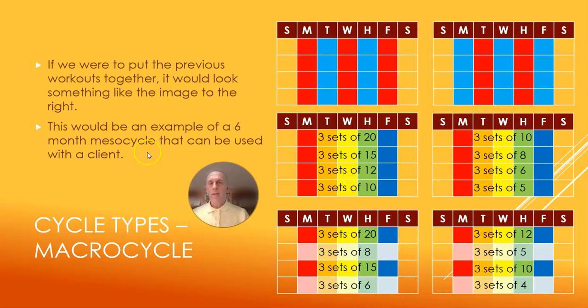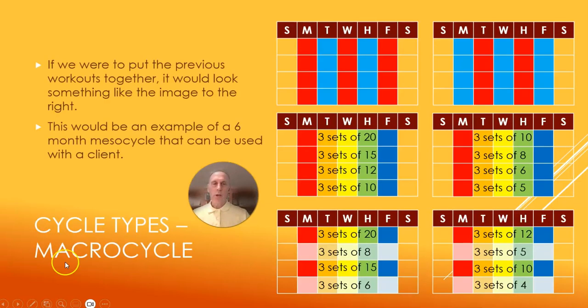So for program design, you're not tied into specifics, especially working with the general population. But when you're working with football players at a big-level college, it becomes a little different animal. But just realize that you have the luxury to be able to manipulate those variables and undulate those workouts and undulate the reps and set schemes. And the one thing I didn't point out is, even when you look at this, the red, orange, yellow, green, blue, this could be chest day, or if you even go alphabetically, arms, back, chest, and then it becomes legs, shoulders, right? So you can go alphabetically right across the